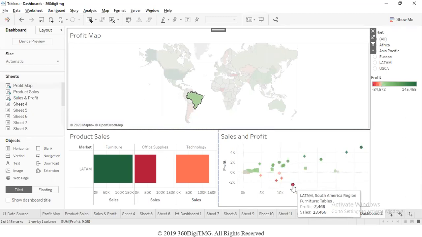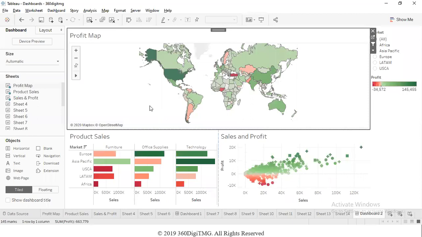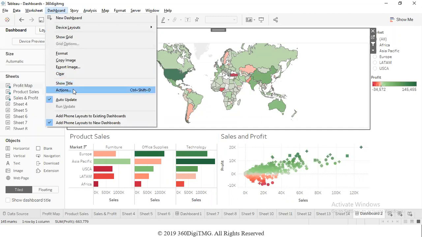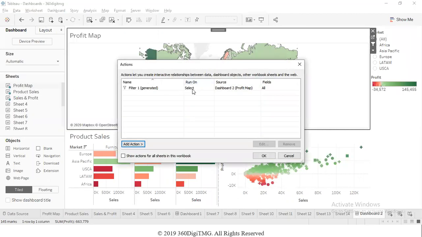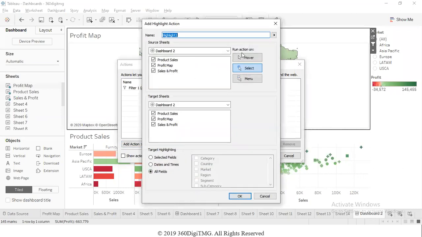Now this most unprofitable one is from office supplies, the most unprofitable transaction that was made in this region. We can also use something called highlighting here. Like for example, we can put actions on the dashboard. We already have one filter action. We can add multiple actions. For instance, a highlight action, which I will run on hover. So when I hover the mouse pointer on a mark, relevant data should get highlighted.